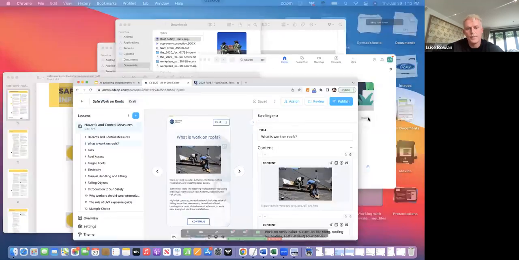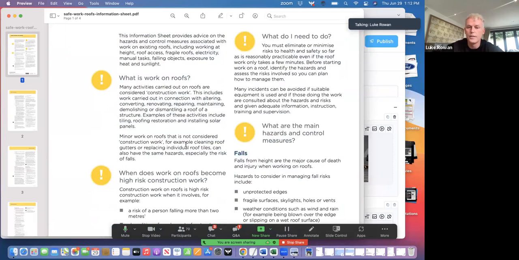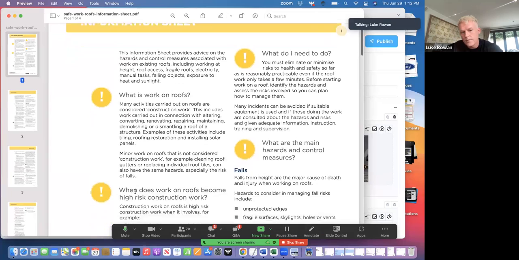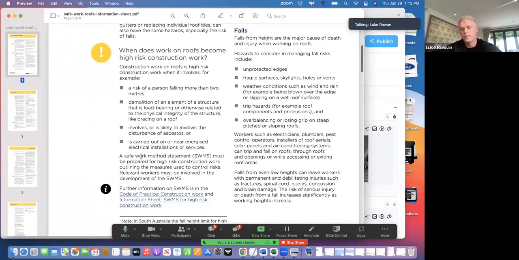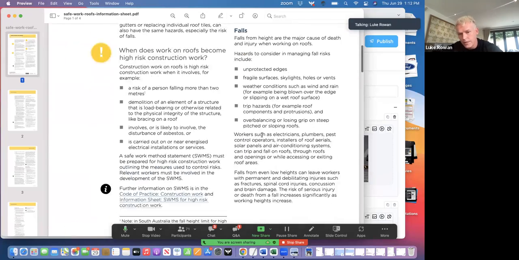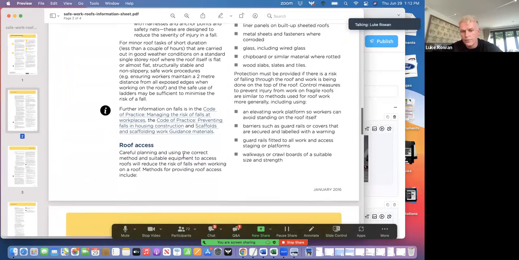Let's go back to the document. I think often the first question that I hear when demoing this feature is, okay, how true to the original source content is it? And this is a nice example to pull through. In the beginnings of this document, we've got some introductory content to summarize what this SOP is all about. And then we have a key section here. What are the main hazards and control measures, which are broken down into falls, fragile roofs, roof access,